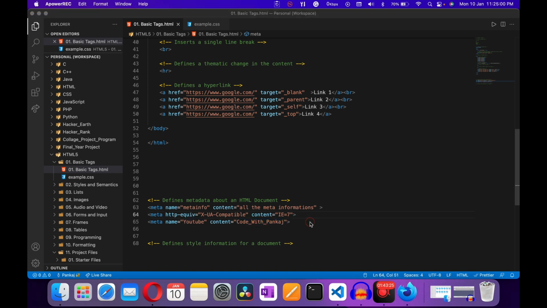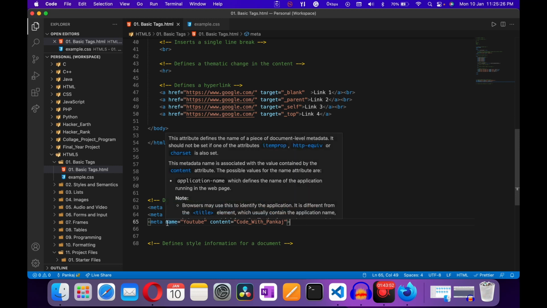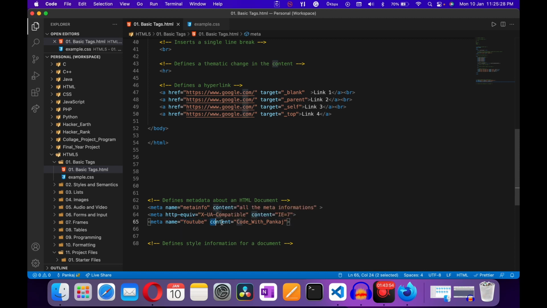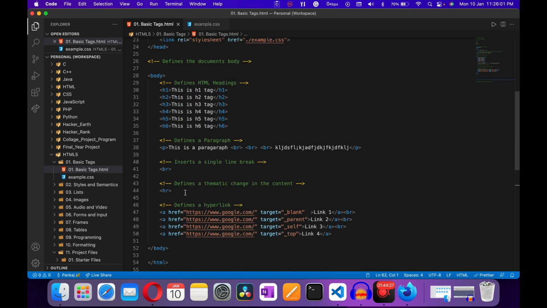So it is an example. If I make a website related to my YouTube channel Code with Pankaj, I'm just defining my YouTube channel in the meta information in my document. As an example right here, name equals YouTube and content equals Code with Pankaj. So guys, the correct way to define your meta information is inside your head tag.